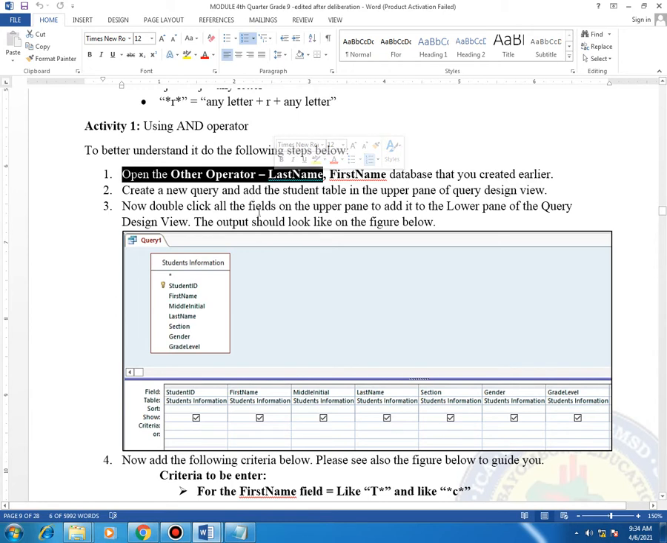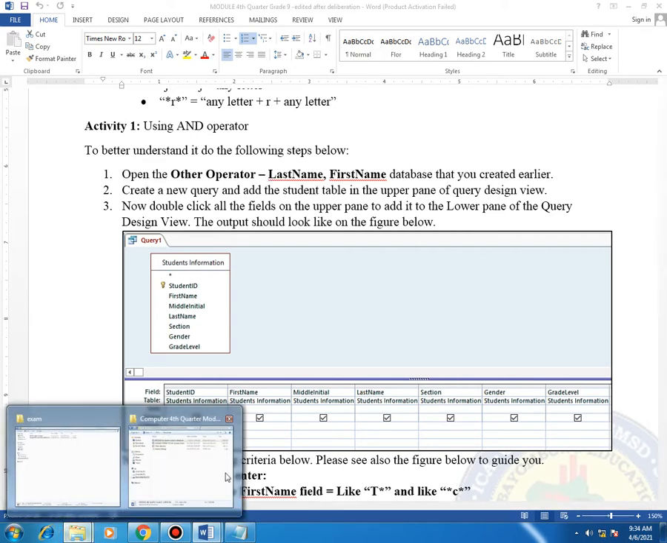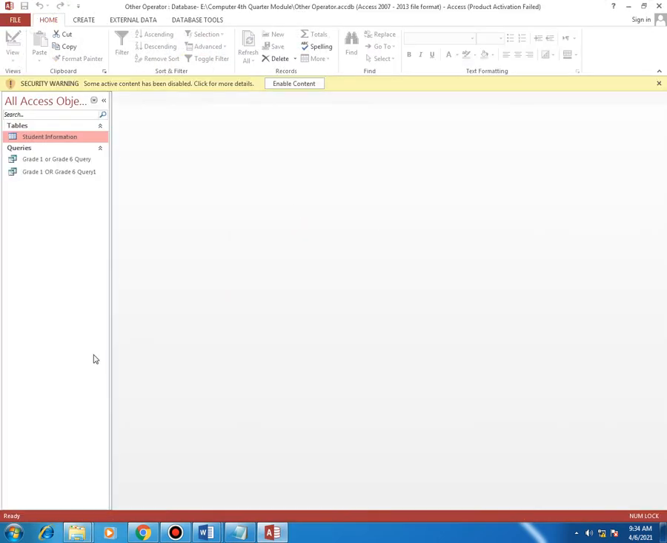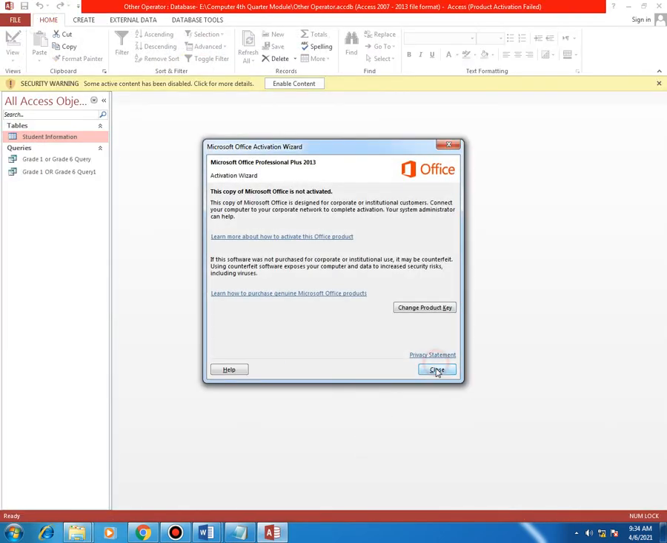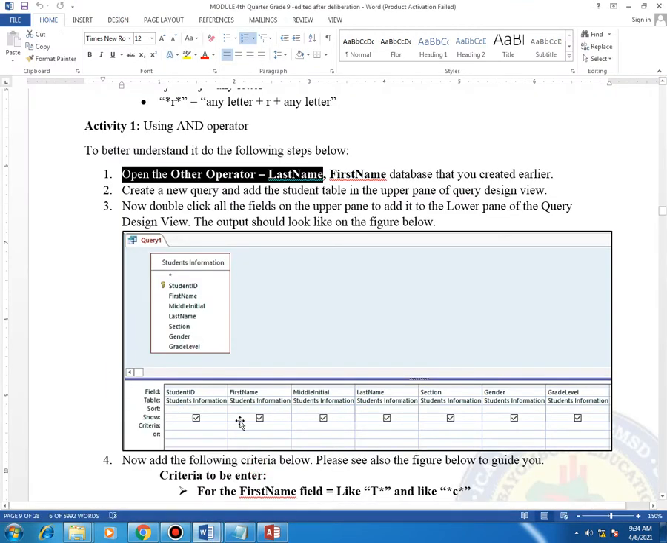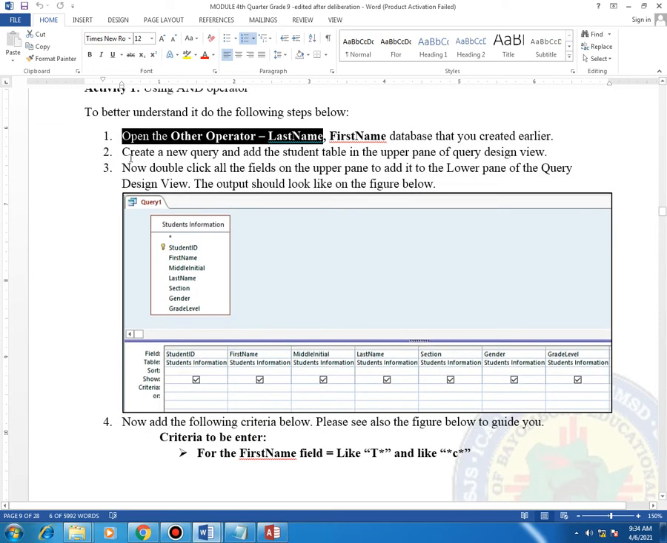So that is the other operator database, dash my last name and of course my first name. It is saved on my flash drive. So this one, other operator, and of course still using the same table. Okay, using the same table. Let's follow the instructions. Create a new query and add the student table on the upper pane of the